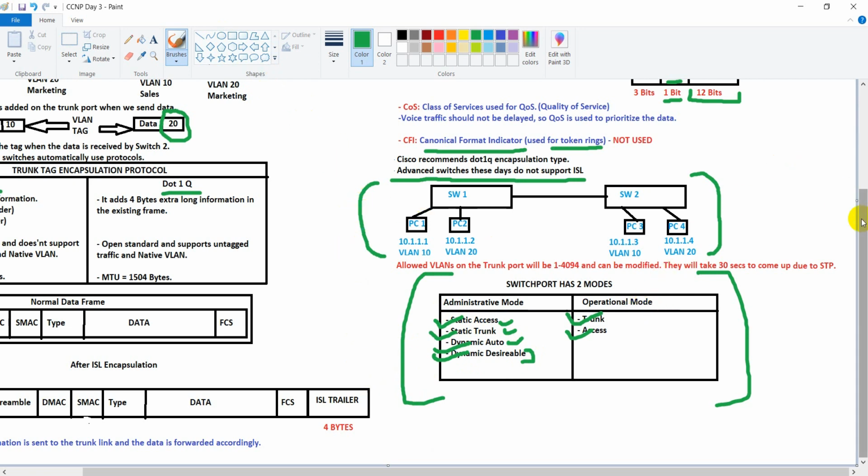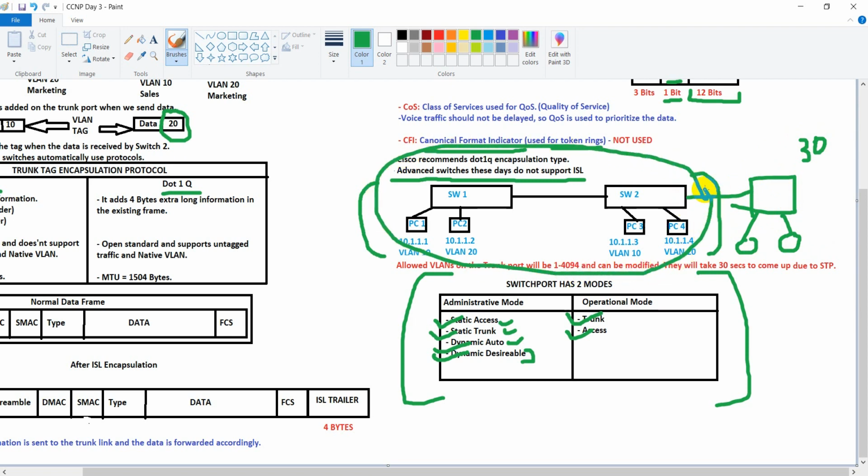One more important thing I would tell you in the topology itself. We will add one more switch here. We have added it already. We have two PCs connected here, .5 and .6. We'll configure them in VLAN 30, so they will not be able to communicate with these hosts. We'll do this first.